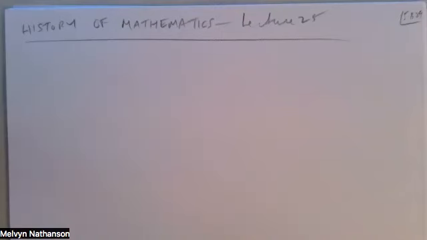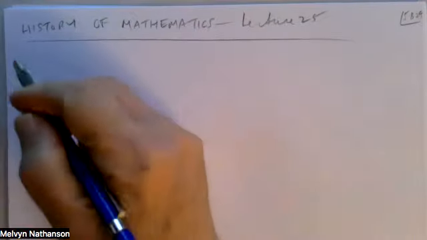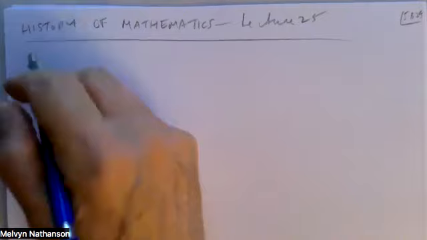History of Mathematics, Lecture 25, next to the last lecture. And final exams are a week from today, 8:30 in the morning in Gillette Hall, room 205. And the last topics in the course,